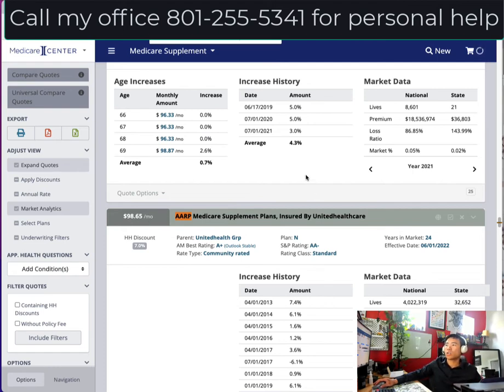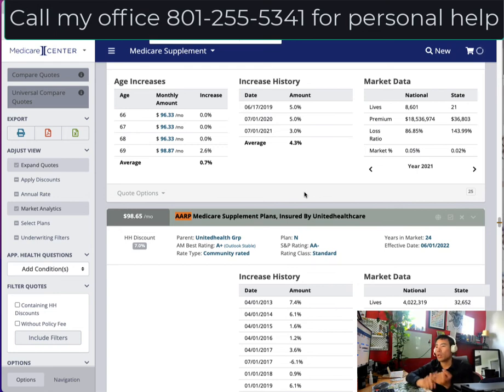So the distinction that you really want to take into consideration is that if you don't like the idea of a Medicare Advantage plan and you're confident and informed and educated about your decision with going with a Medicare Supplement Plan, but you're choosing between a Plan G or a Plan N, take this into consideration. Are you able to afford the little bit more in premium that you would be responsible for with a Plan G? Because with a Plan N, even though you are saving on your premiums between 20 to 40 bucks, ask yourself this question: